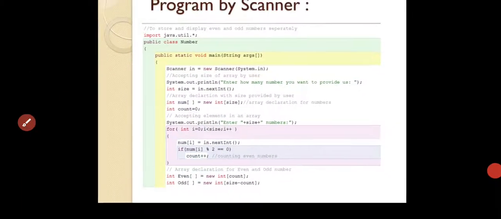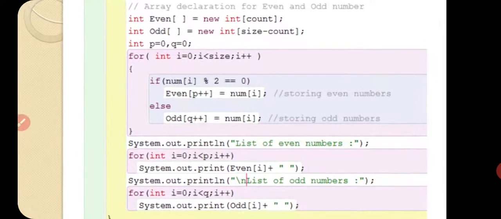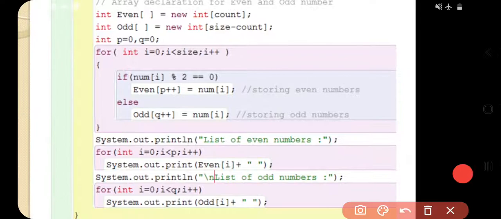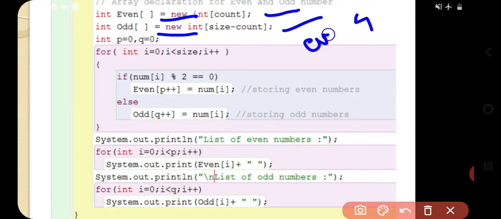Then we are moving further with our next slide. See what happened. I had already declared the arrays for you all. Then we have to move further. See, arrays are already declared. Then we have to fill elements in the arrays. Memory we are having for two arrays. For example, memory for four integers, for four even integers, and for six odd integers we are having memories.